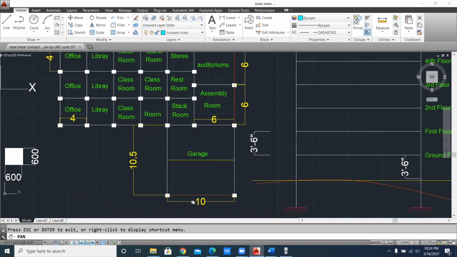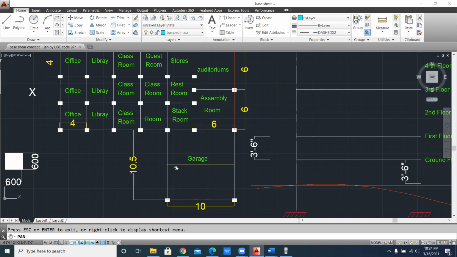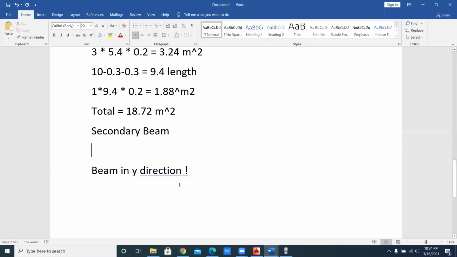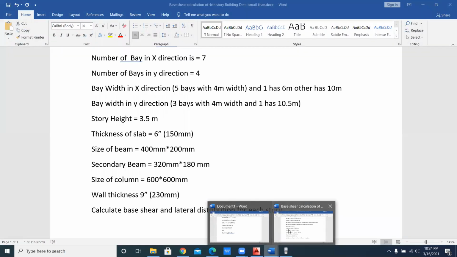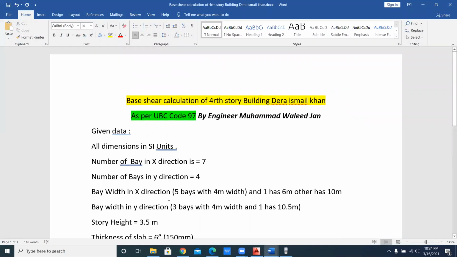Okay, this one is basically your secondary beam. So you can write here 10. So now how much will you minus? Okay, now if I open this statement here, then you will see here that